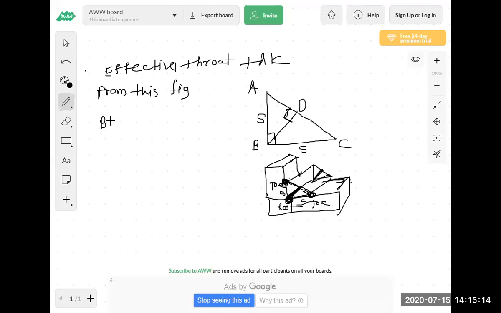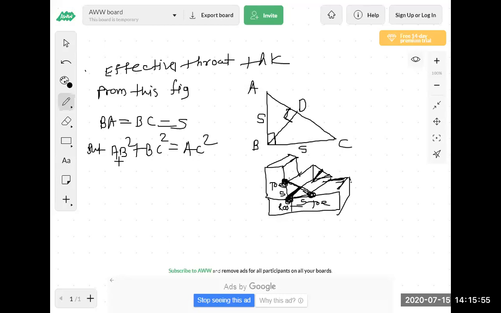BA is equal to BC is equal to S. Is it correct? Whatever I have written, from this figure, BA is equal to BC is equal to S, where S is the size of weld. Now, AB square plus BC square is equal to AC square.